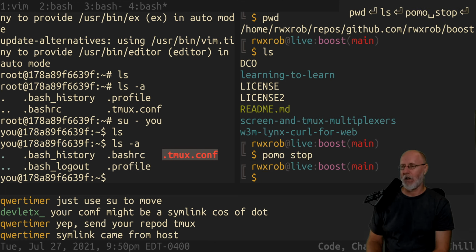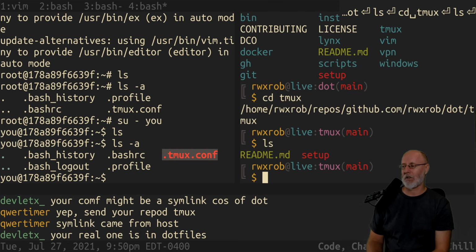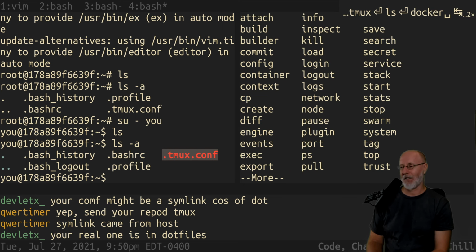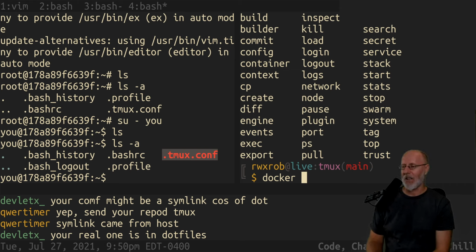Okay, Pomo, thank you. All right, so cd into dotfiles. All right, let's do this. So copy, go into the TMUX, Docker. Yeah. Thank you. You guys cracked it. It's more fun that way when I screw up, right? And you can see the perils of using symbolic links. All right. So Docker